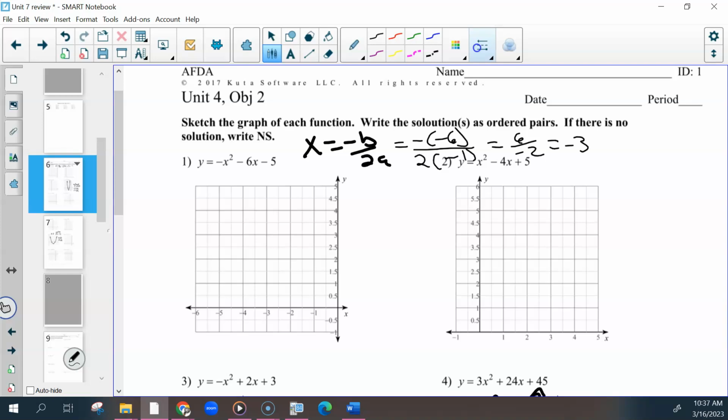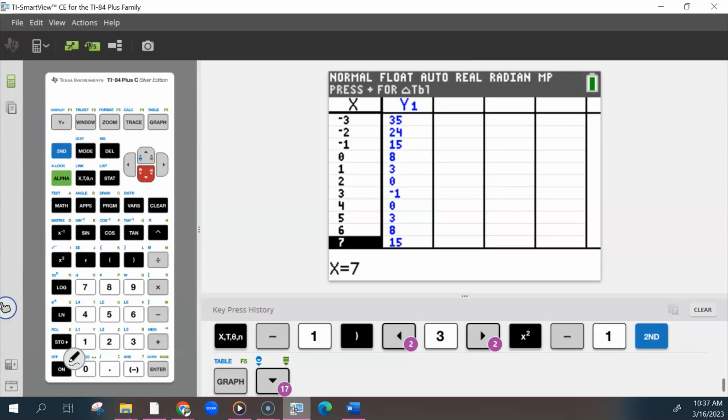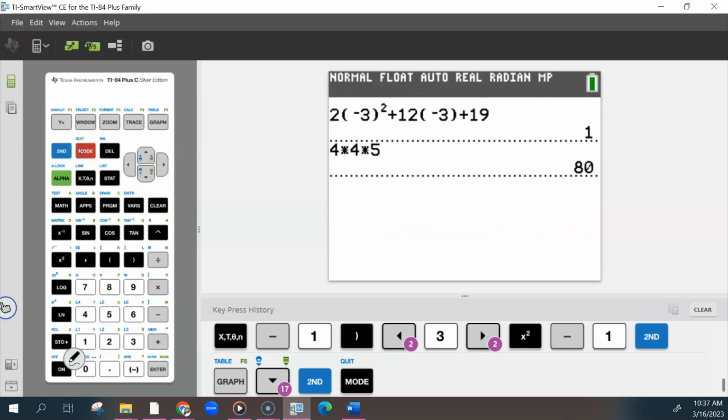And then we would put that back in and find y. And you can put that all in your calculator at the same time or find them in pieces. So if I put it in all together, that would be